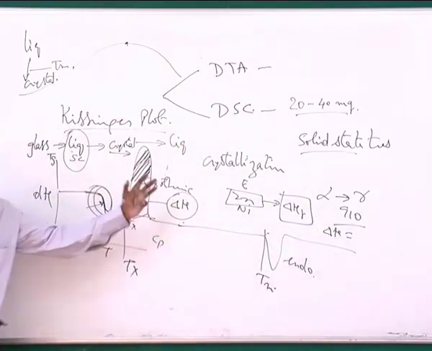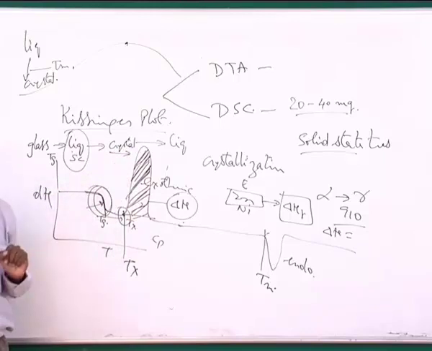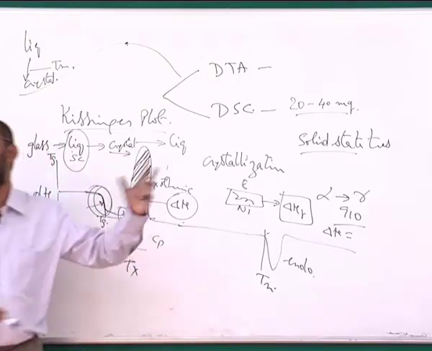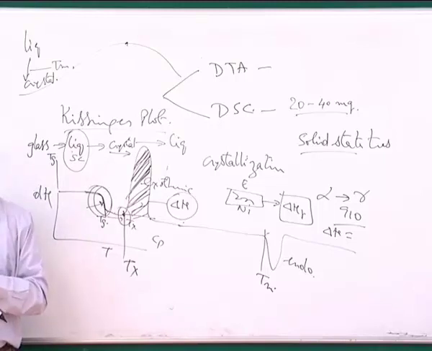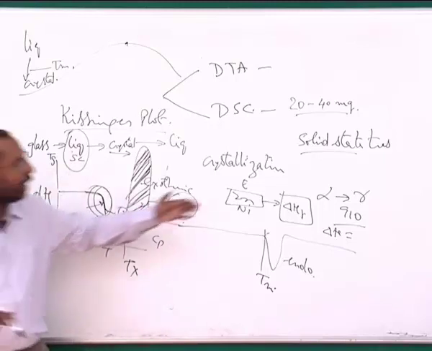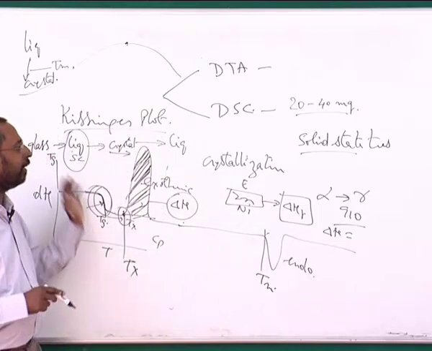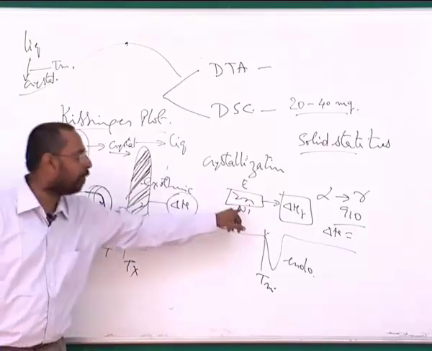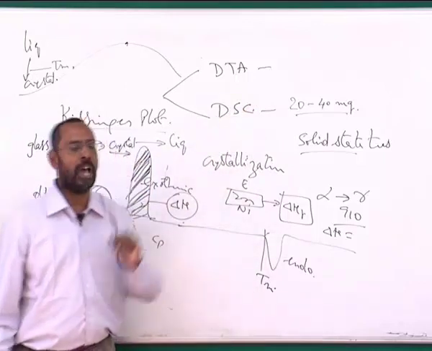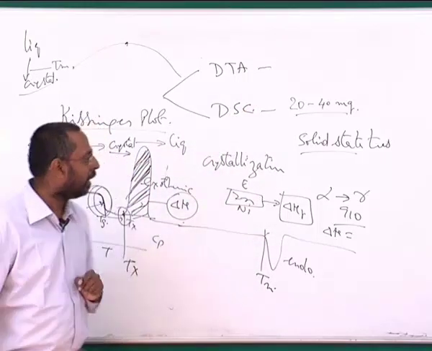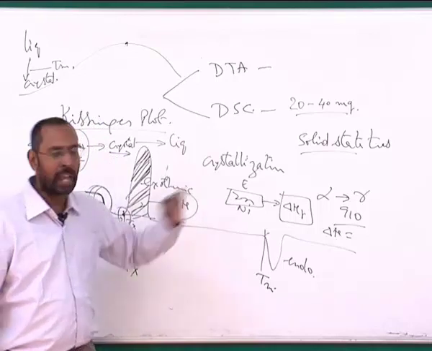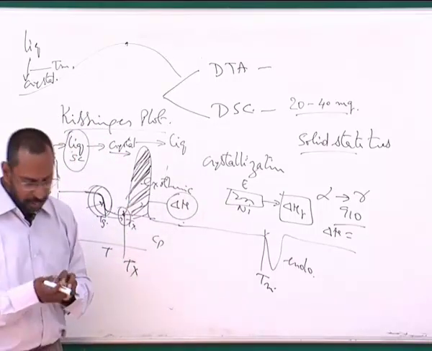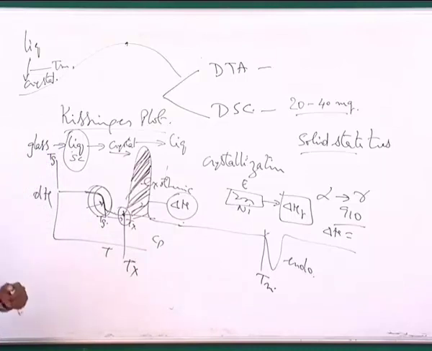Now if you put an unknown sample, from the area under the peak that you get, you will be able to find out the heat of transformation, whatever transformation it is, whether it is alpha iron going to gamma iron, or martensite giving you a tempered martensite, or a glass giving you a crystallization. All these transformations' delta H can be found out by looking at various samples and finding their calibration curves. So this is one way to find out the thermal history.